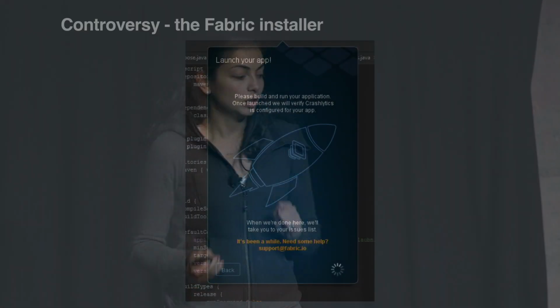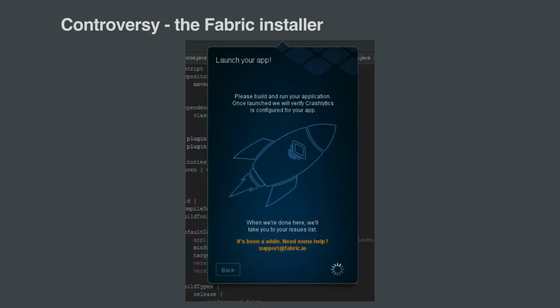So onboarding is a slightly different kettle of fish. Onboarding is often the first interaction that people have with your API. They might have heard things about it in the market or from their friends, like, I really like using this API, or I really don't like using this API. They might have thumbed through your docs, but for the most part, the time when people really form their opinion is when they're onboarding for that first time. And so I want to talk about something a little bit controversial.